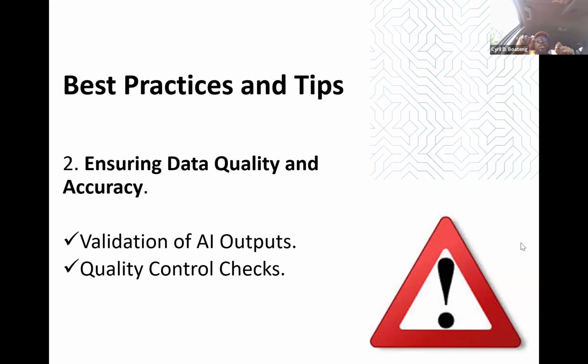And then you also need to ensure data quality and accuracy. Even if you are using an AI tool and it gives you an output, you need to cross-check. You need to do quality control of your data. You need to get somebody else, a co-author or a co-reviewer, to help you do a validation to be sure that what you are getting is good. Because you are complementing what the AI is doing, and the AI is complementing what you are doing. It's a tool. It is not the all in all. It is not the alpha and omega. It's a tool for you to work with. So you need to check and make sure that what it's giving you is accurate.